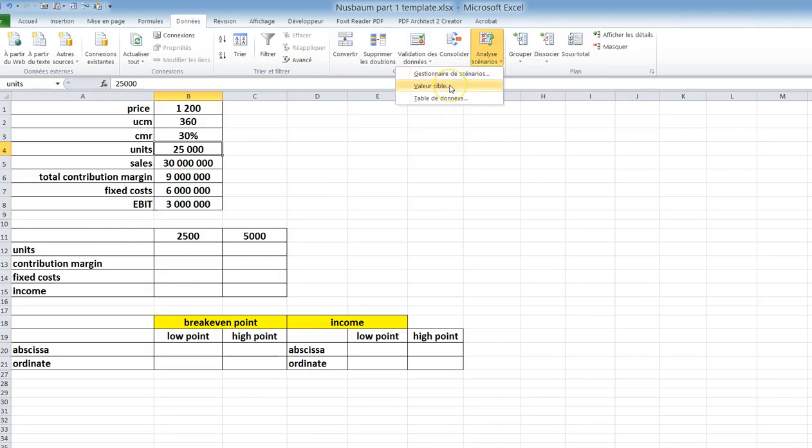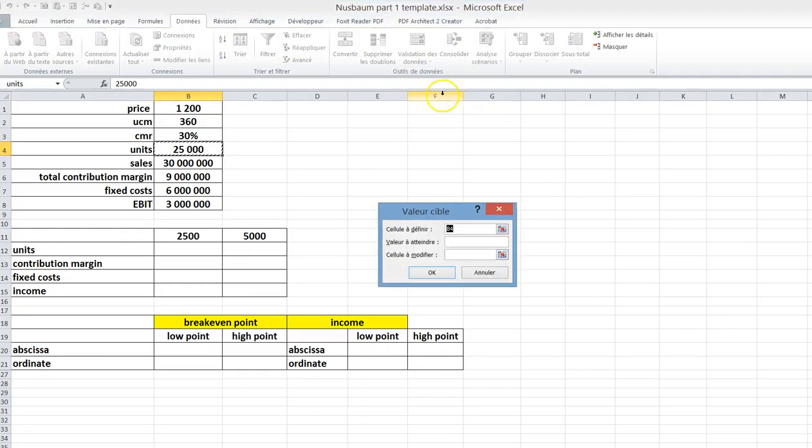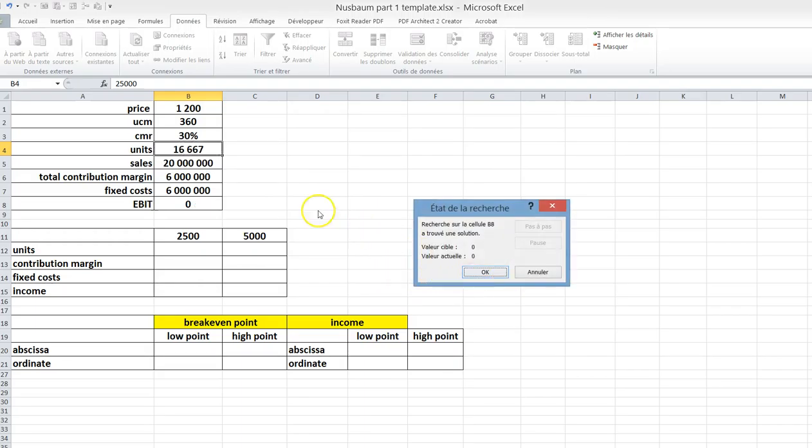And you go for target value in French, but it's called goal seek in English. And then you can say that you want to define the EBIT, which is B8. You want it to be 0, and you want the units to be the cell which is going to change, the cell that you're looking for. So if you validate, you see that Excel has solved that equation, and you see that the break-even point is